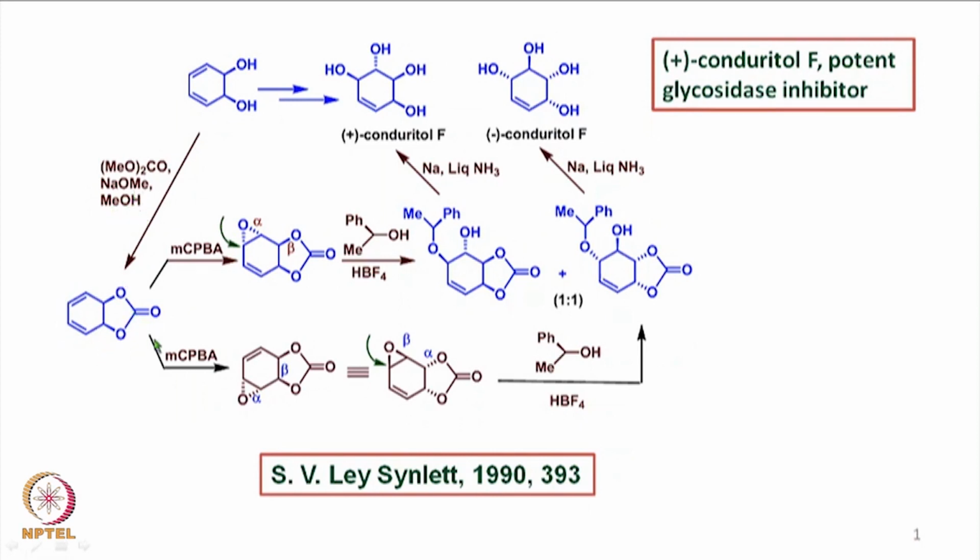And once this carbonate is formed, which also has a plane of symmetry, it is then epoxidized with metachloroperbenzoic acid. Now both the double bonds are equally reactive and are indistinguishable because there is a plane of symmetry. So if the above double bond undergoes epoxidation, then one would expect to get an epoxide of this type here. Now this is because the carbon-oxygen bond here is beta oriented, and therefore the epoxidation would occur from the alpha